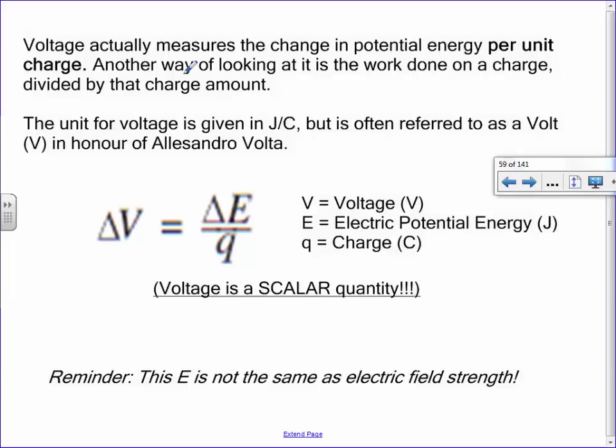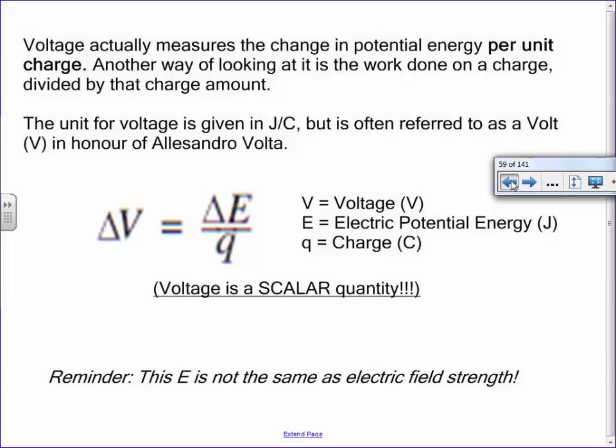Just like with my pen falling to the ground, we could change its potential energy to kinetic energy. If you think of this from an energy perspective, that kind of makes intuitive sense, that your voltage is how much energy change could occur. But aren't you going to have more energy change take place if you had a 1 Coulomb object? Wouldn't it be more in a 5 Coulomb object or a 100 Coulomb object? So wouldn't it be fair to consider the object being moved?